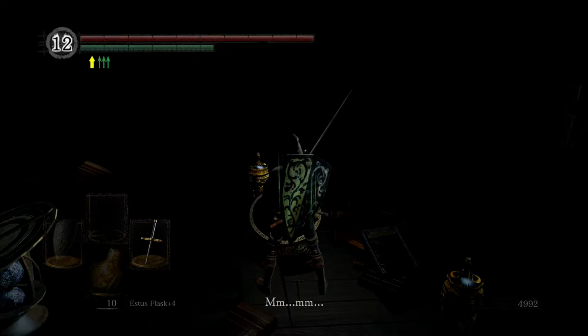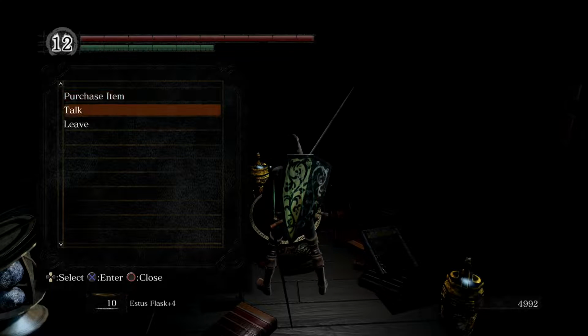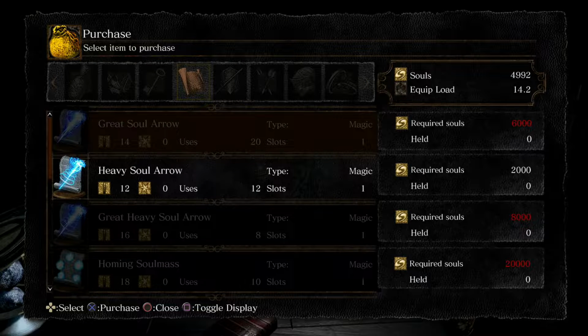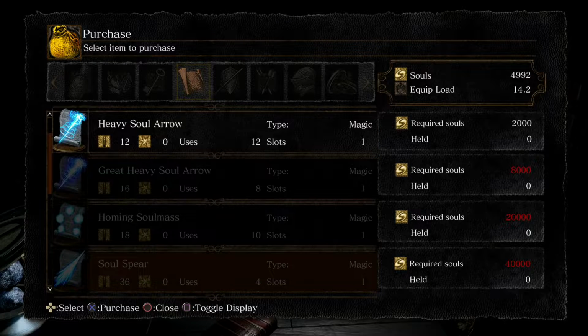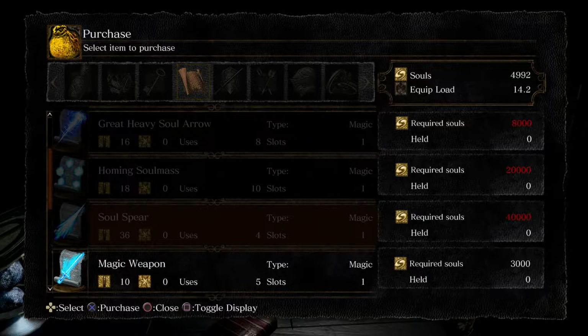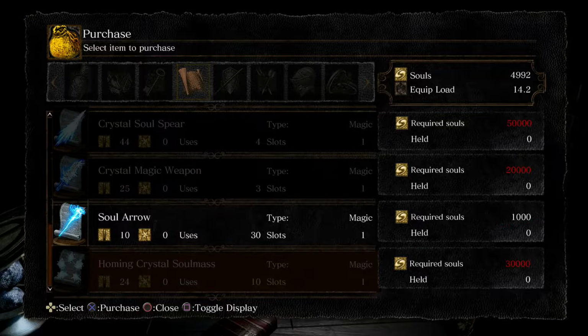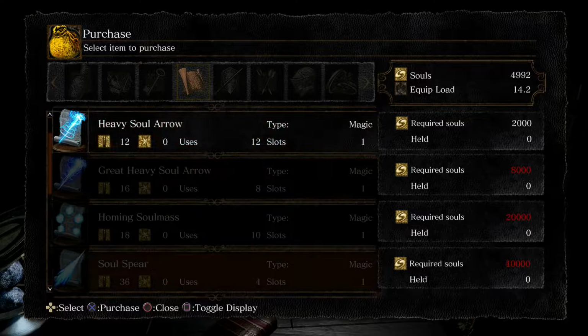There we go. So this is where he kind of starts going crazy, but he's not very crazy. The thing is, you want to buy out all his sorceries. I don't know how much that will be, but it's pretty expensive because Soul Spear is like 40,000, homie. Soul Mass is 20,000. But if you buy out literally everything, and I mean every single one of these, after